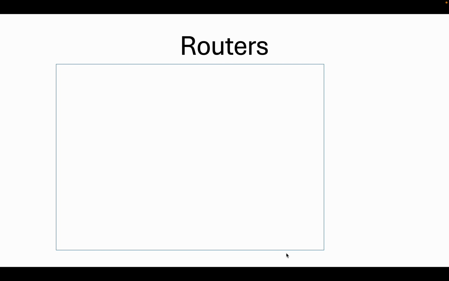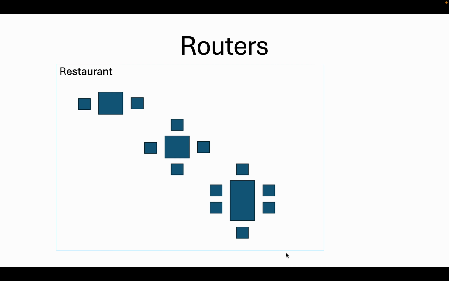Let's go. So let's say we have a restaurant. In the restaurant, we have different types of tables available: a table for two persons, for four persons, for eight persons, and so on. And there is always one guy standing at the door of the restaurant. Whenever a customer comes, he decides the table on the basis of the customer's request. Similarly, whenever a request comes from the browser towards the server, routers behave as a waiter. They are the ones who decide which function the request will go to and which function from